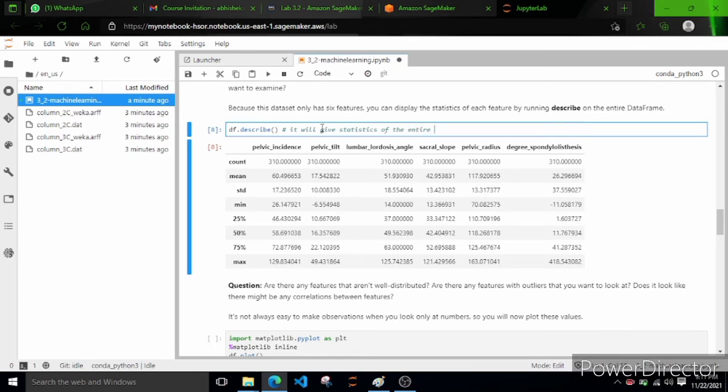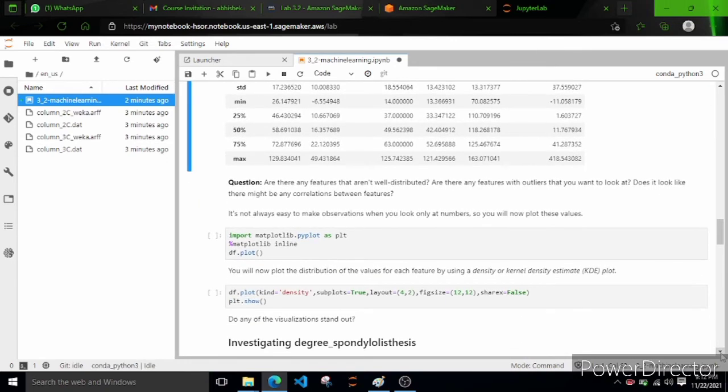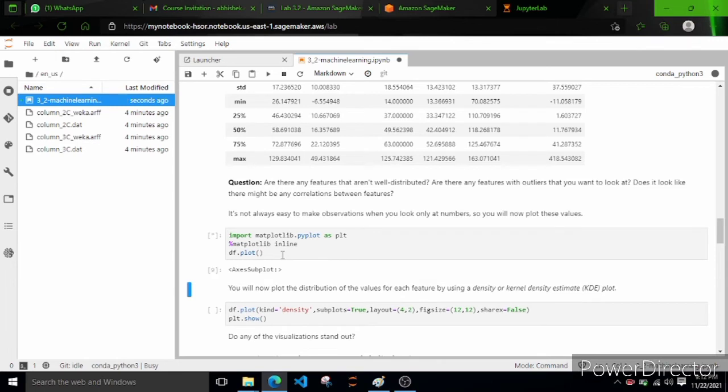So this is a pretty handy function, df.describe, and the purpose of this lab is to make you familiar with these methods. Now there are plenty of methods, and according to this data set, we are going to visualize and analyze a few of these functions. It is always a very good thing to plot these things, because figures make visualization clearer. They help to understand things more clearly. Let's plot this using matplotlib and see.